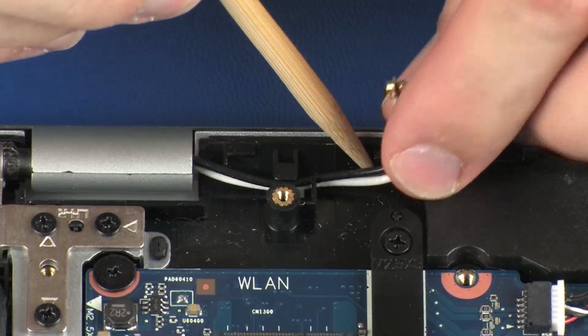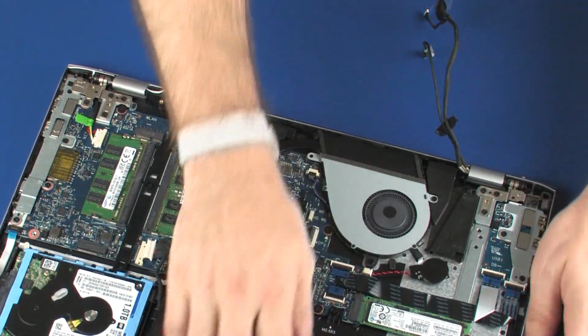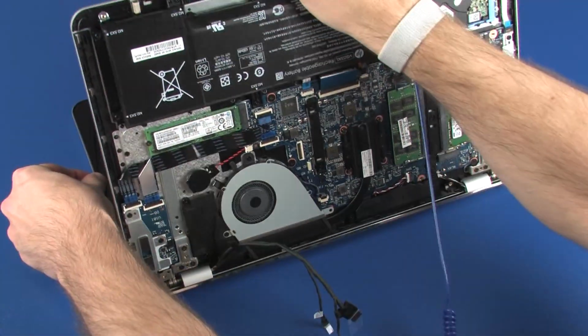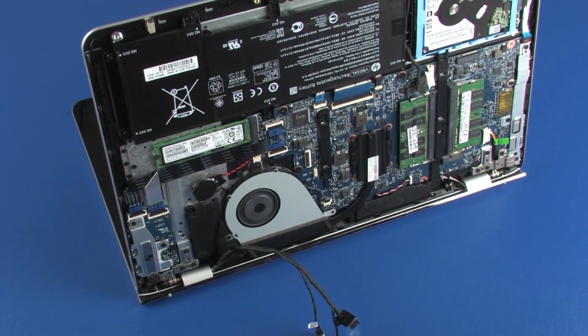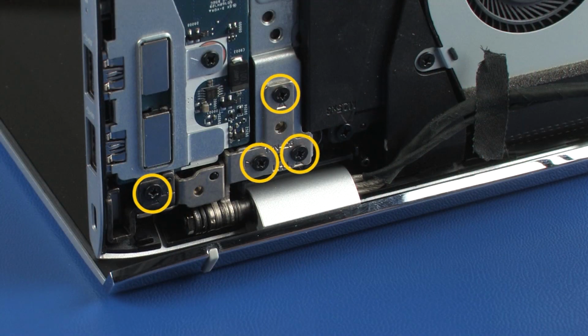Remove the wireless antenna cables from the routing channel on the top cover. Carefully lift the top cover and open the notebook. While supporting the top cover, remove the 4 5mm P1 Phillips head screws that secure the left display panel hinge